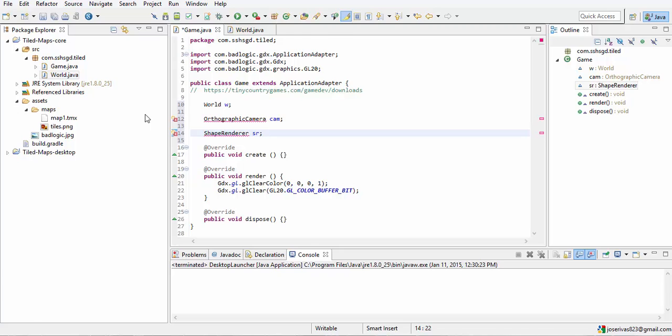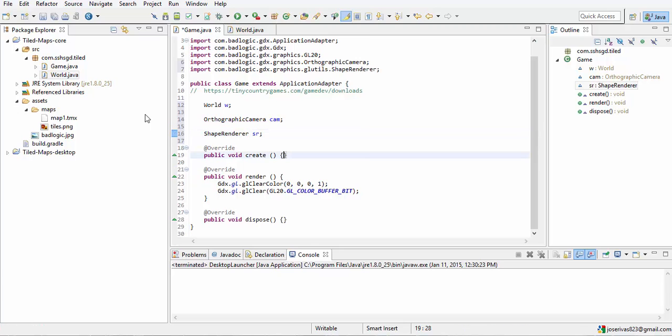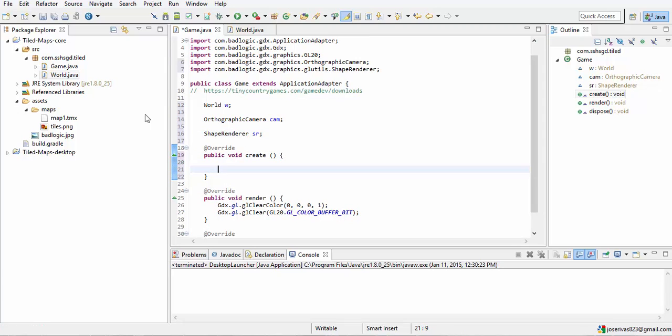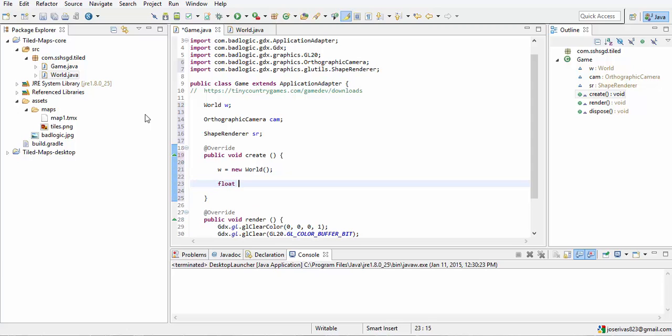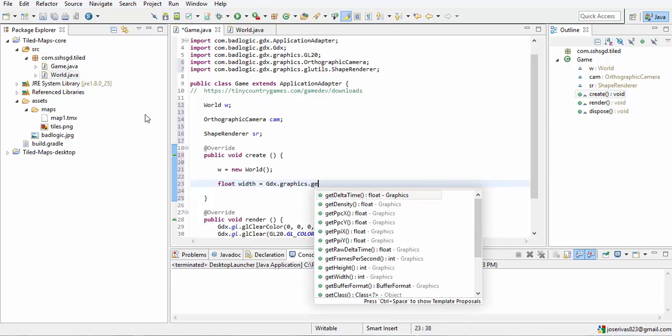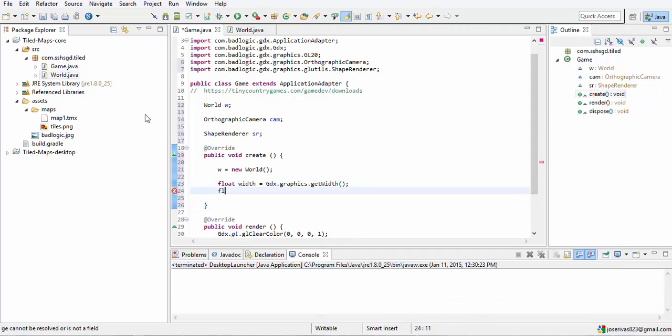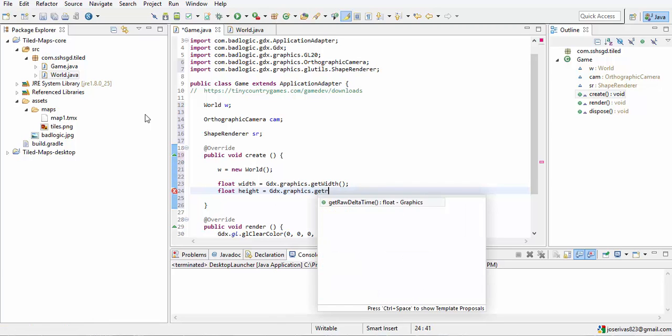Okay, so import everything. Now in your create method, you're going to do w equals new World, and then float width equals gdx.graphics.getWidth, float height equals gdx.graphics.getHeight,